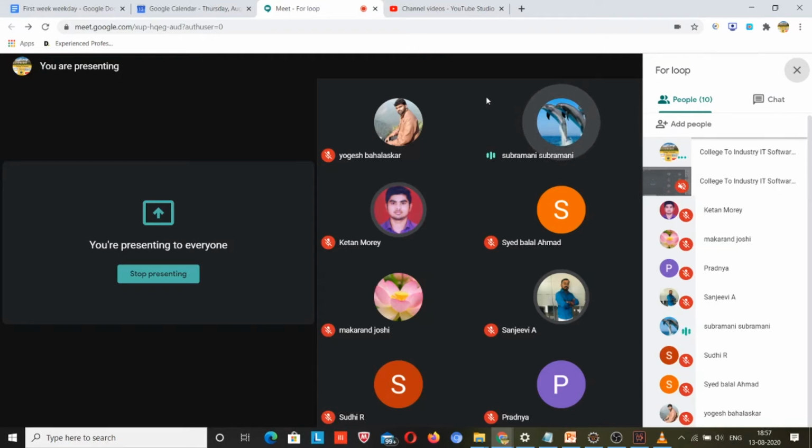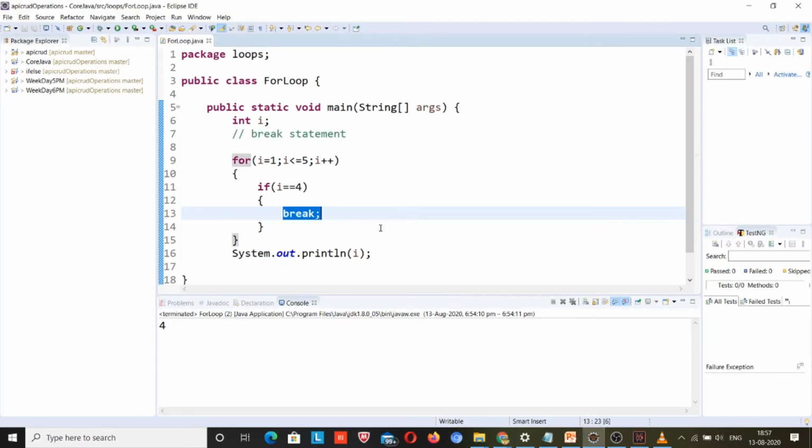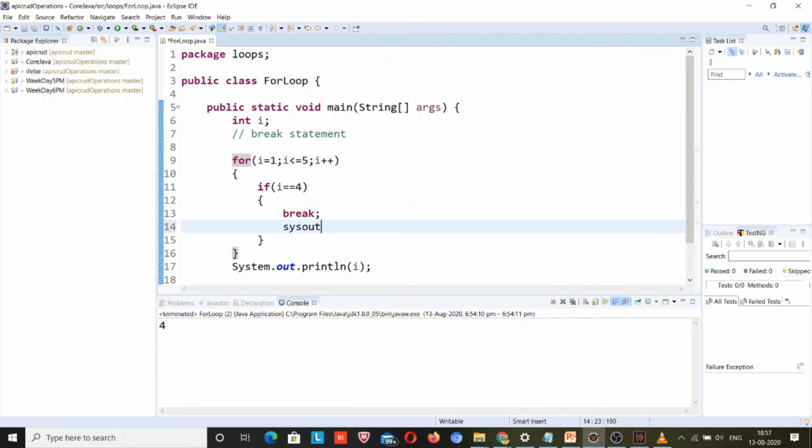Yes, sir. Actually, can we write a statement after using break? It doesn't mean anything to write anything. If you are writing a statement after break, let me try that. If this will be thrown out of the loop, then suppose it finds the break, then this code will never be executed. That's why Java says that it doesn't mean anything, right? So that's why it is throwing an error.